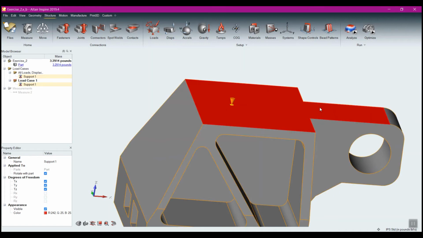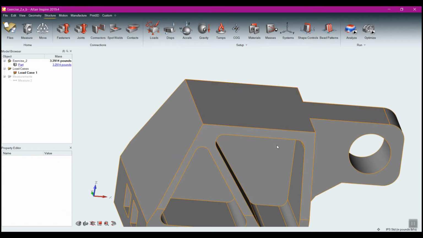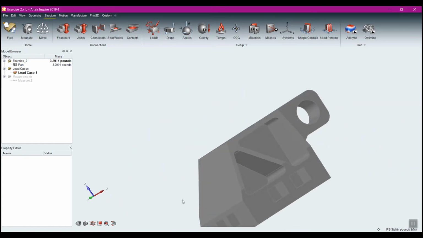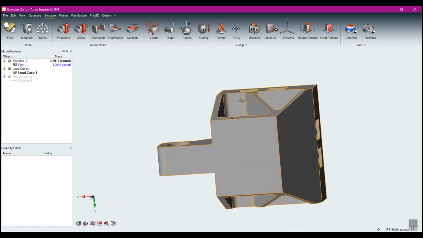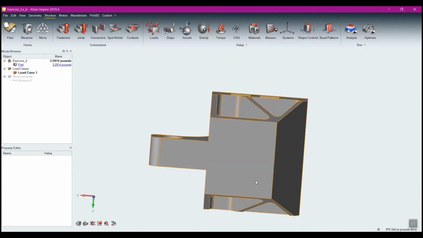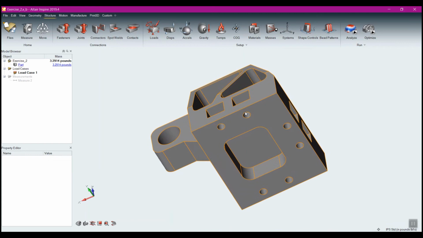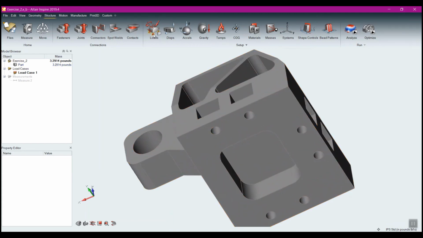In this case, though, I don't want to constrain that face. What I actually want to constrain are these bolt holes down here. So this bracket is mounted onto the aircraft like this, and the door hinge goes through here. So I'm going to simulate it mounting onto the aircraft by constraining these holes. So I'll come back to my constraint,